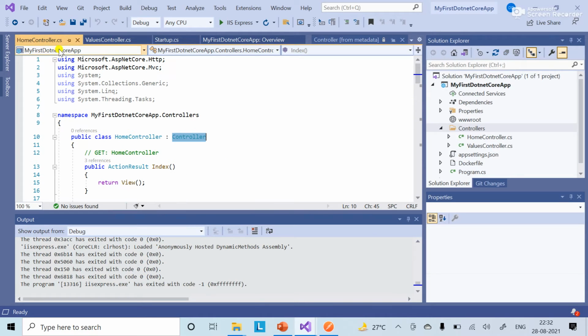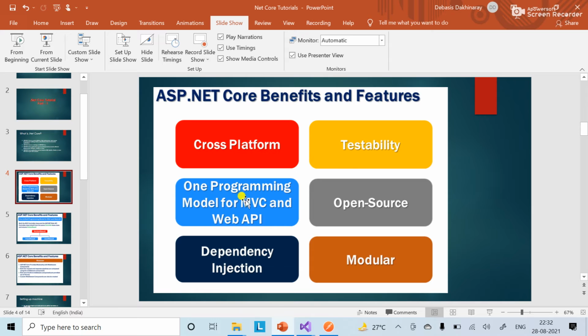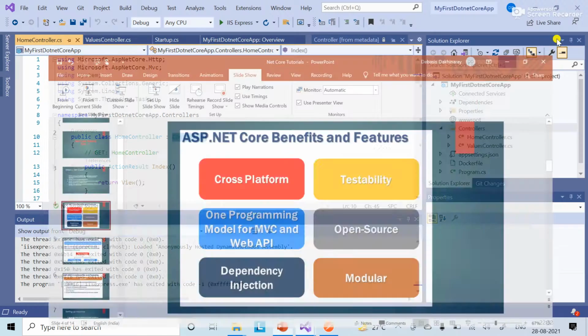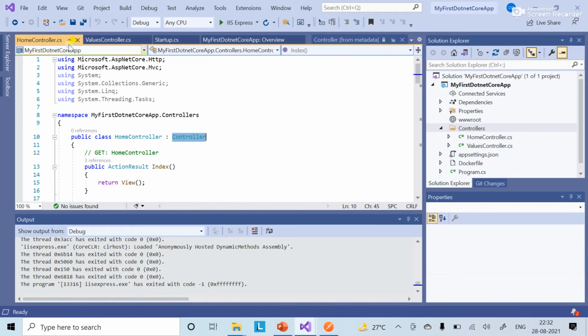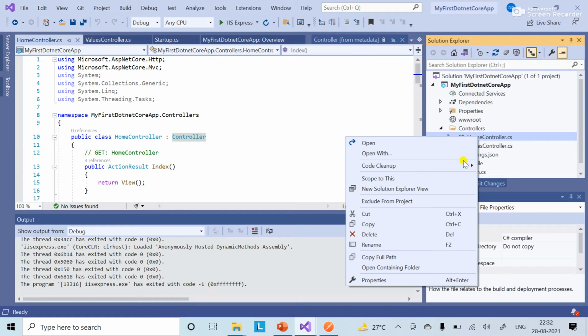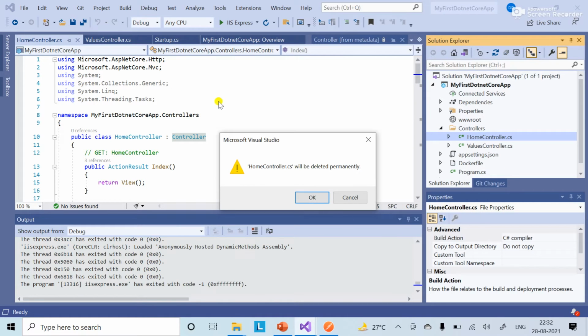So this is why we discussed one programming model for MVC and Web API.